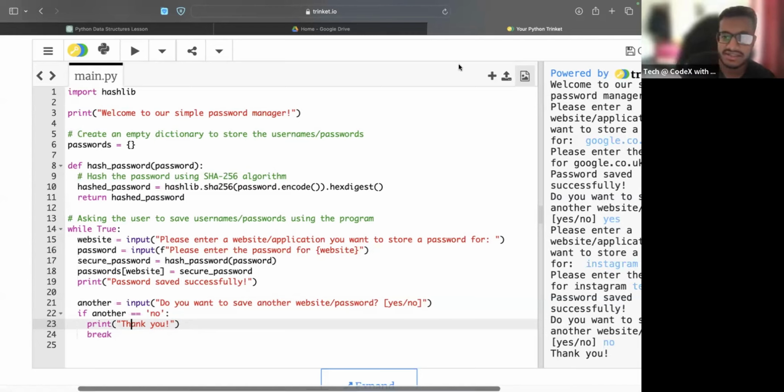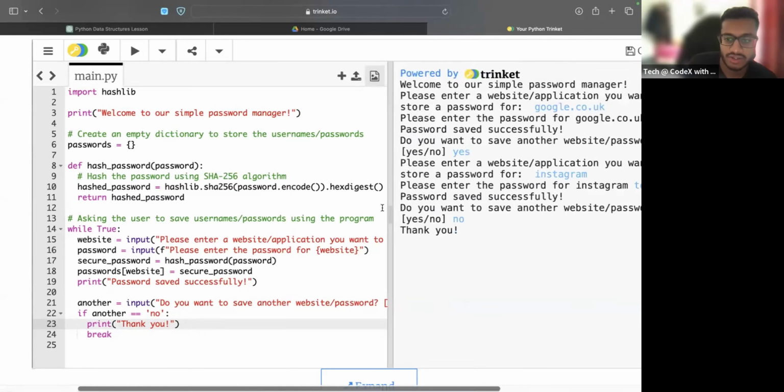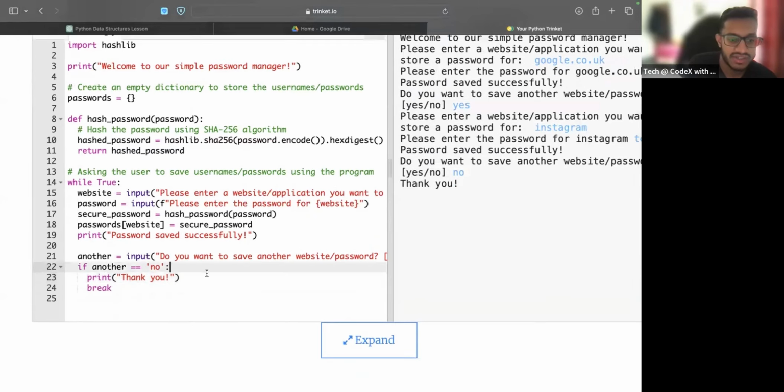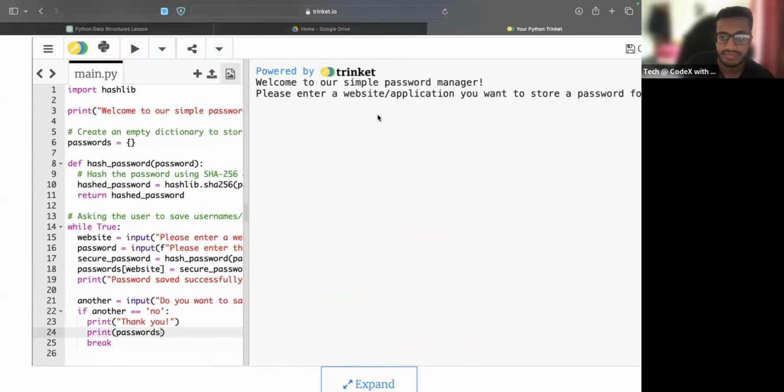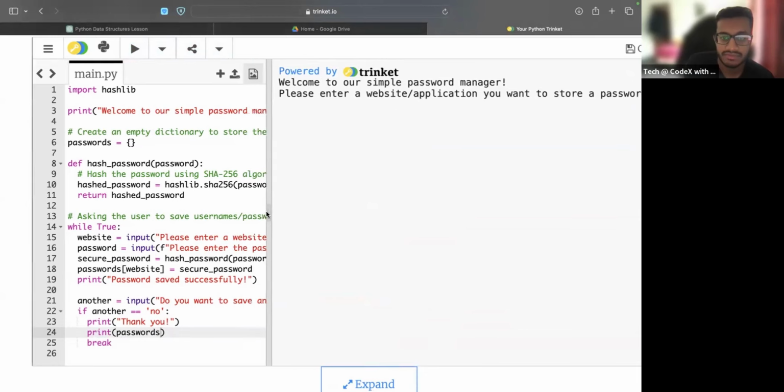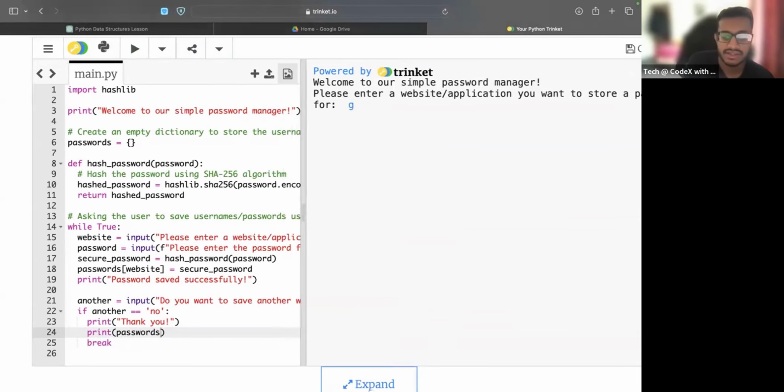Just for you guys to see, I'm going to quickly show you what the passwords dictionary looks like. Again, you don't need to try this. Don't try this, actually. We don't want to stop the program. But if they say no, thank you, I'm going to print out the passwords dictionary so you can see everything that's stored right at the end. So if I say Google,